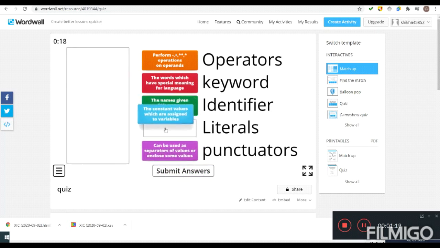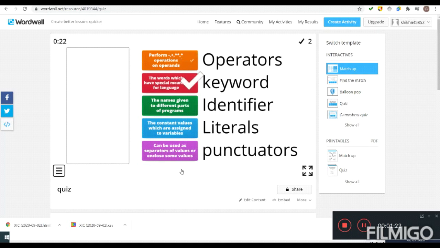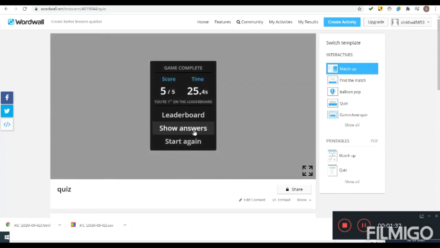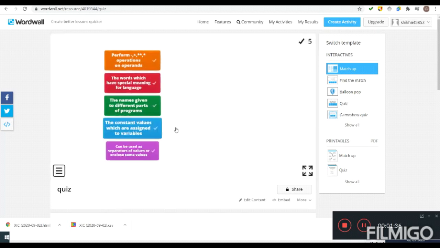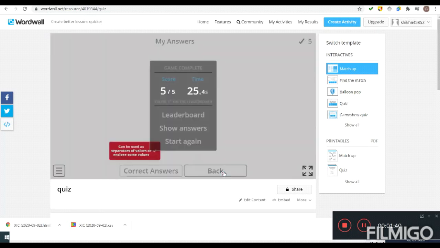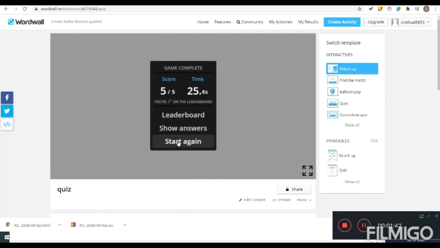The children will do it in the same way, and I'm clicking on submit answer. It's checking my score. Okay, so this is the way. And if you want to see the answers, you can click on show answers. It will show the correct answers. And if I want to start the game again, I will click on start again.